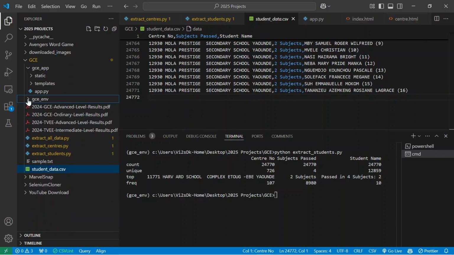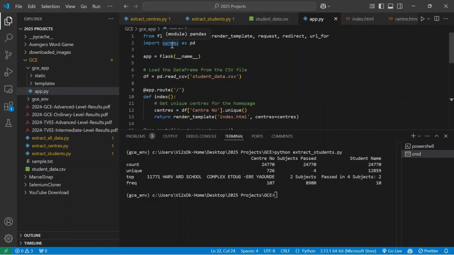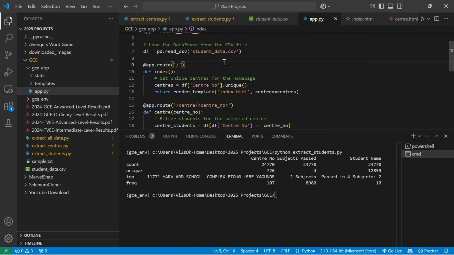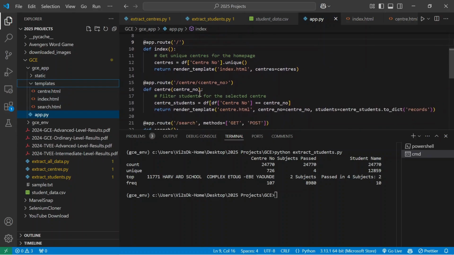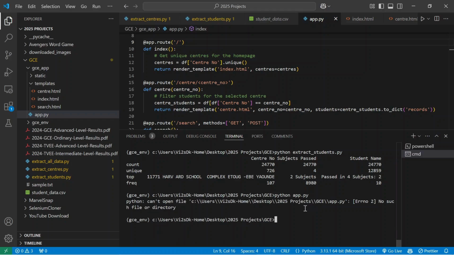With that, we can now go into our Flask app, import Pandas, pull in that data frame, create a data frame from our CSV file, and then pass that information into our index.html file, display it, and also pass the corresponding information which has been filtered for our particular search, as well as the students. So let's run this web app, and